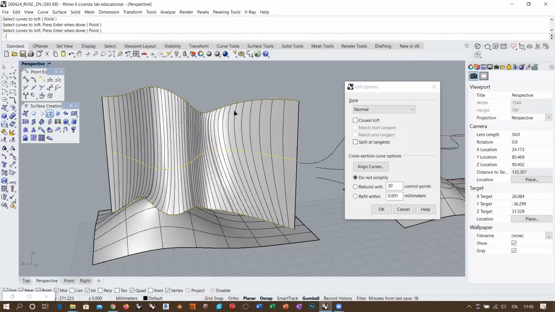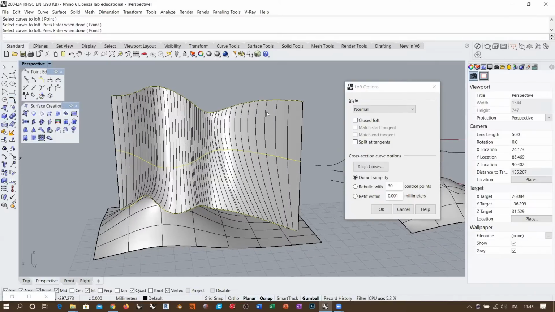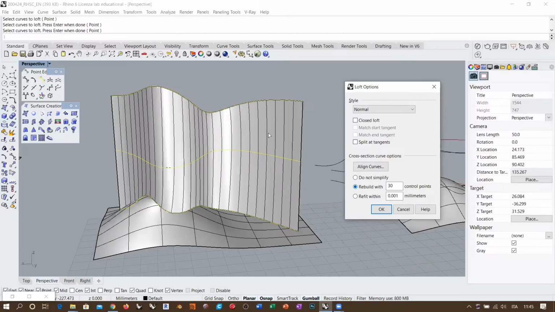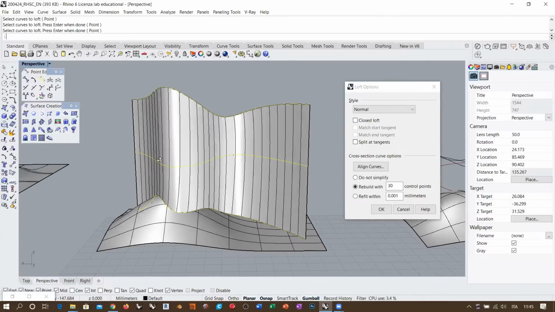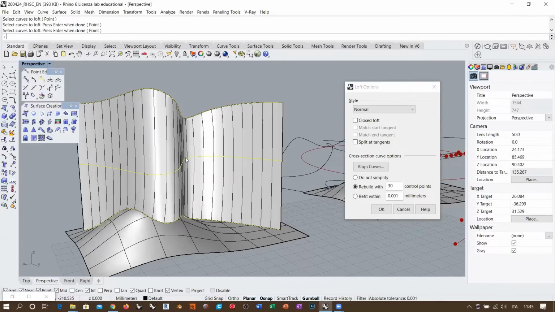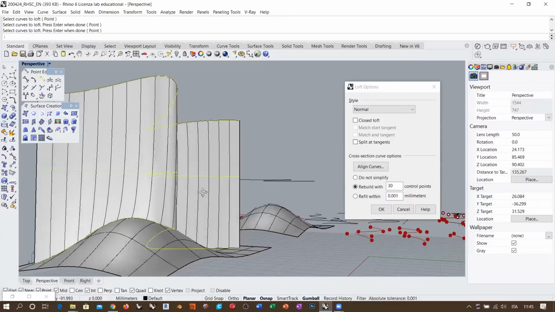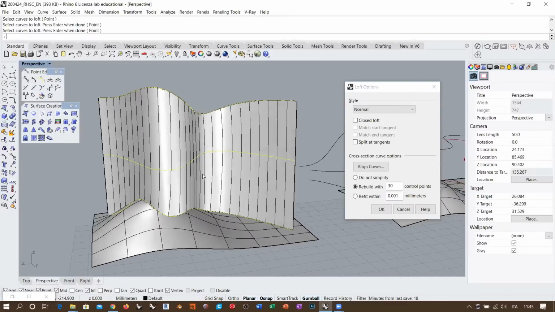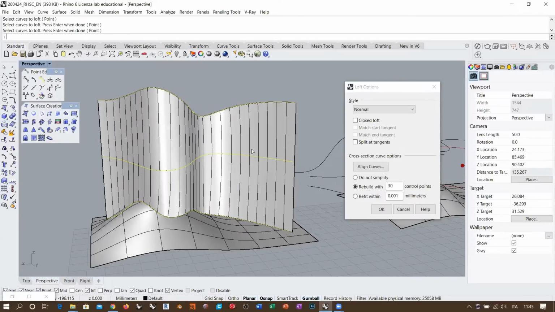Now, you can do this by hand, like rebuilding with the rebuild command outside from the loft, but you can also do something different, like simplifying the cross-section curves inside the loft options. So if I rebuild the whole set of cross-sections with the same amount of control points, then I am regularizing the isocurves. And it's interesting, for example, right now you see there is still some bending occurring, even if they have the same topology. But this is way less than the bending that we were getting before